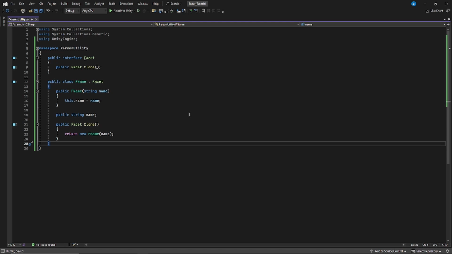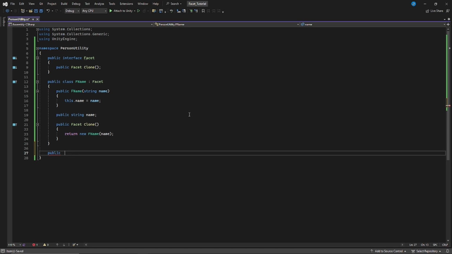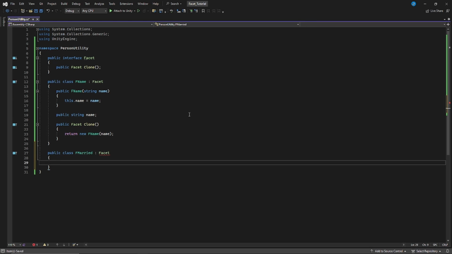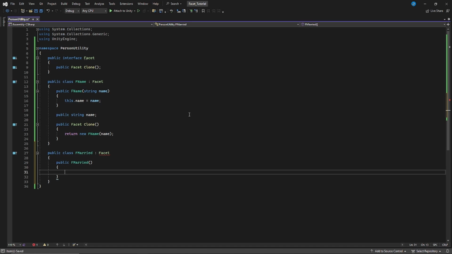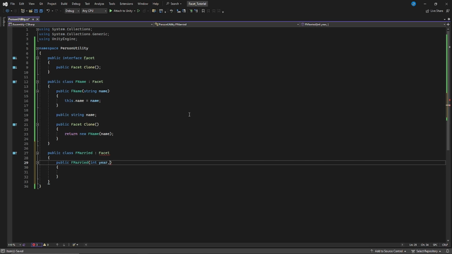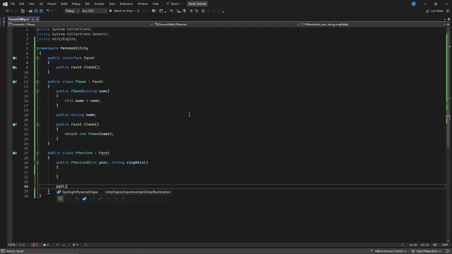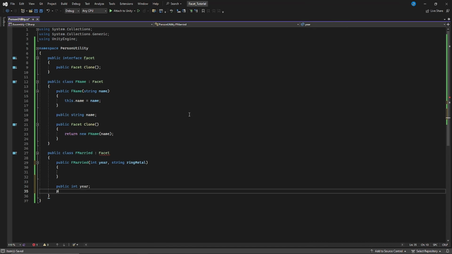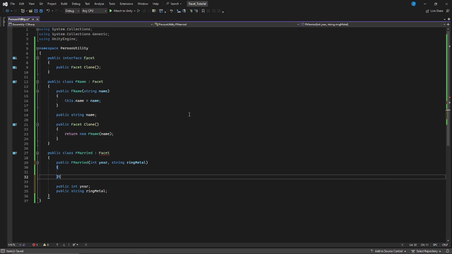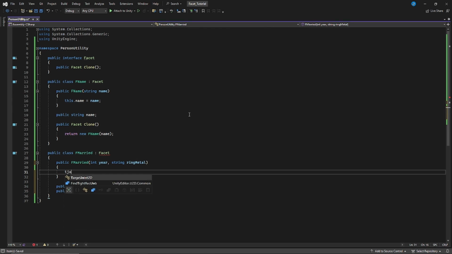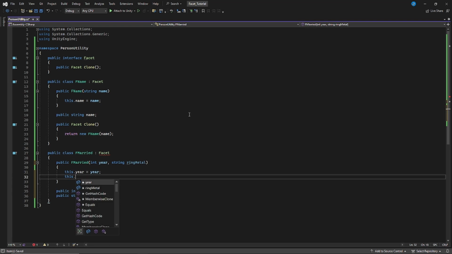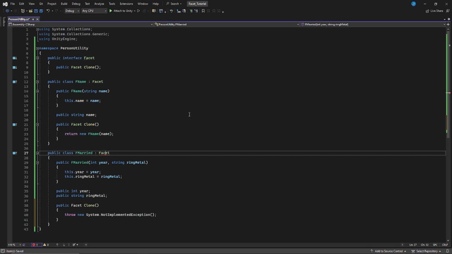Let's do one more, and let's grab public class fMarried is a facet. And we'll have a public fMarried, and we'll have two things, int year and string ring metal. And we'll say public int year, public string ring metal. This dot year equals year. This dot ring metal equals ring metal. I'll do one last one after making the clone function, but these